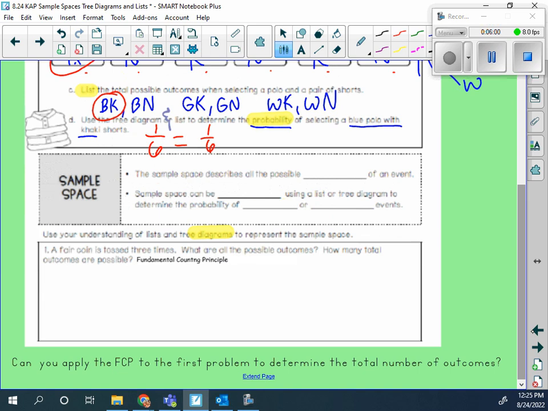The sample space describes all the possible outcomes of an event, whatever that event is, okay? So if it can't happen, you don't need to include it. If I'm talking about flipping a coin, then I don't care about a spinner and what's going on with the spinner, okay? Sample space can be displayed